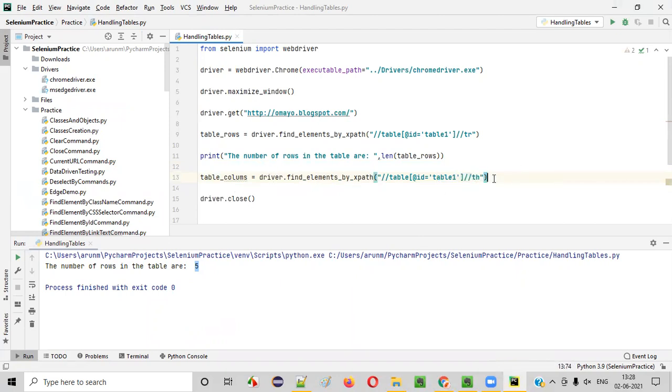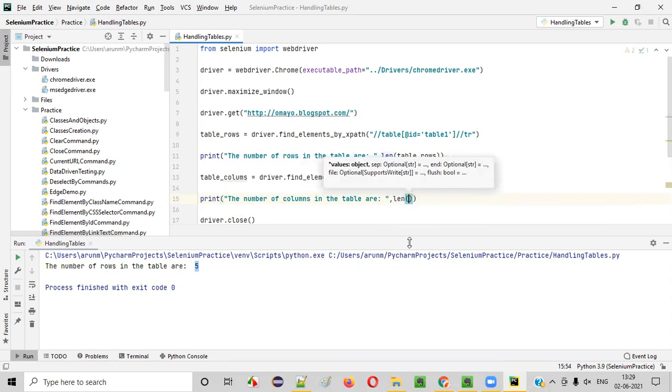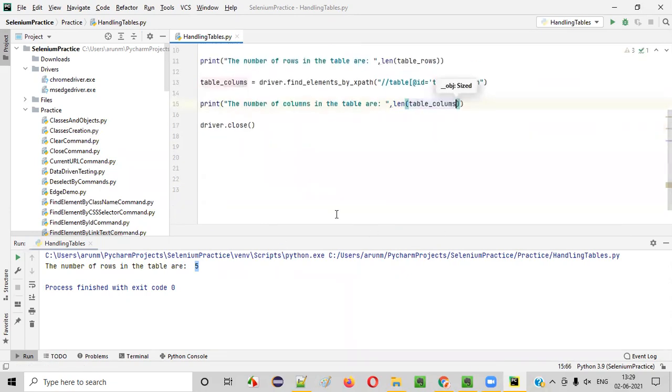Here I'll print out something like print the number of columns in the table are, comma, len of table_columns. That's it.